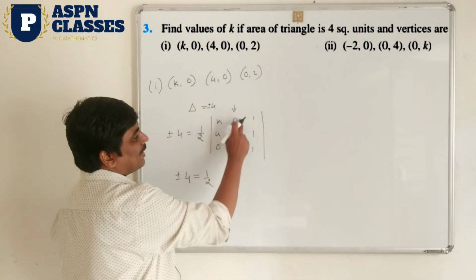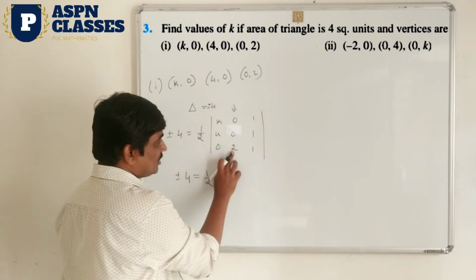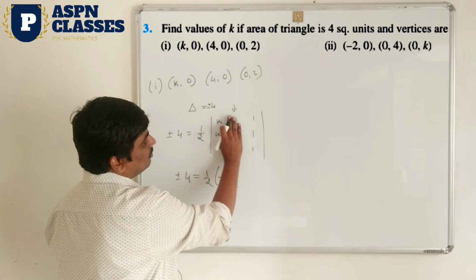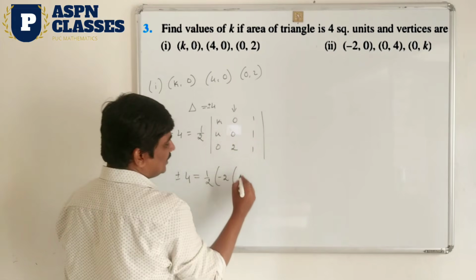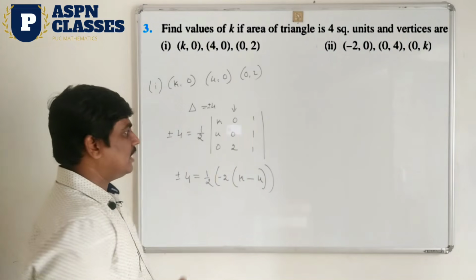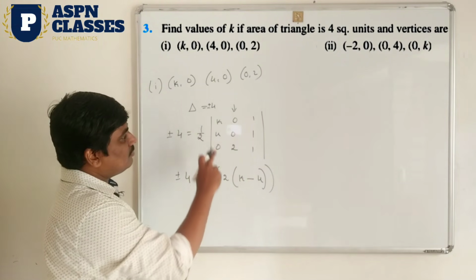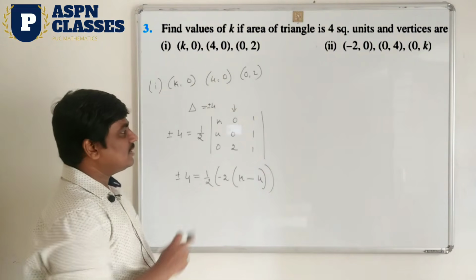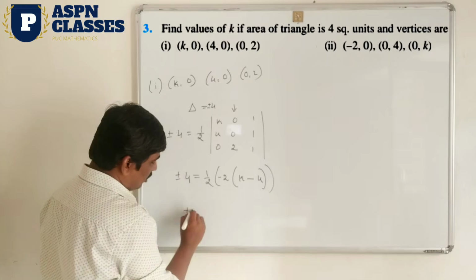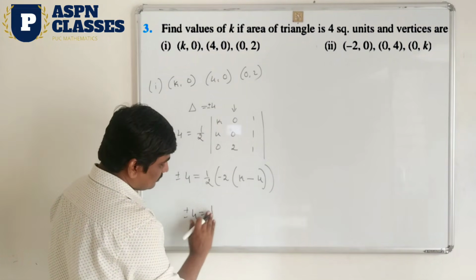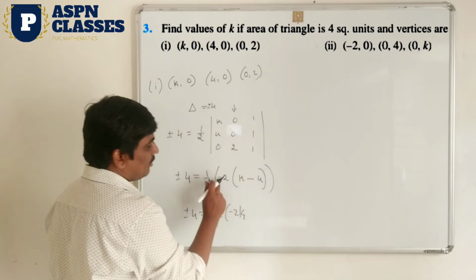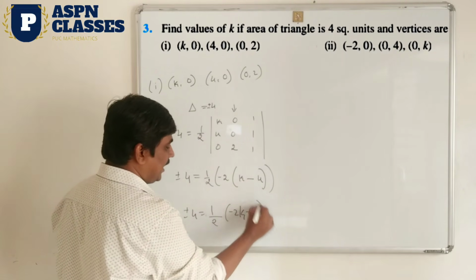What are the signs in column 2? Minus, plus, minus. So here also we get the minus sign. Write it here, minus 2 into bracket. So minus 2, in the middle column and the third row get cancelled. K into 1 is K, minus 4 into 1 is 4. I think all of you understand this. I am going to take 2 as a result. It means the second column and the third row get cancelled. K into 1 is K, minus 4, and then you go and simplify this, plus or minus 4, 1 by 2 as it is. Here minus 2 multiplied by K is minus 2K, plus 2 into 4 is 8.